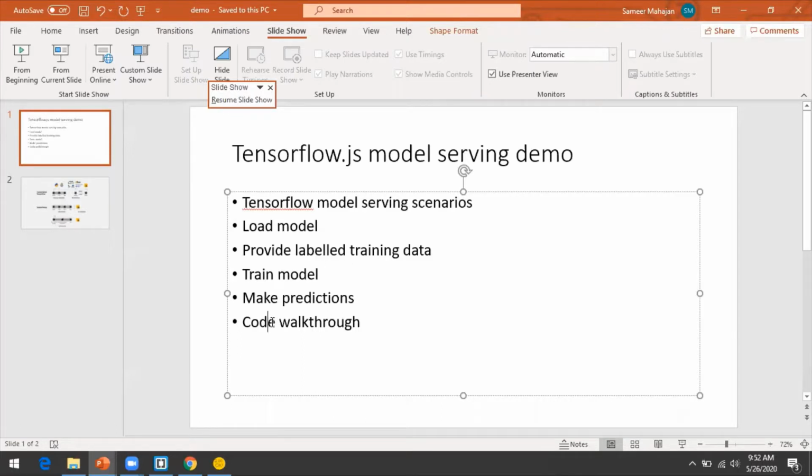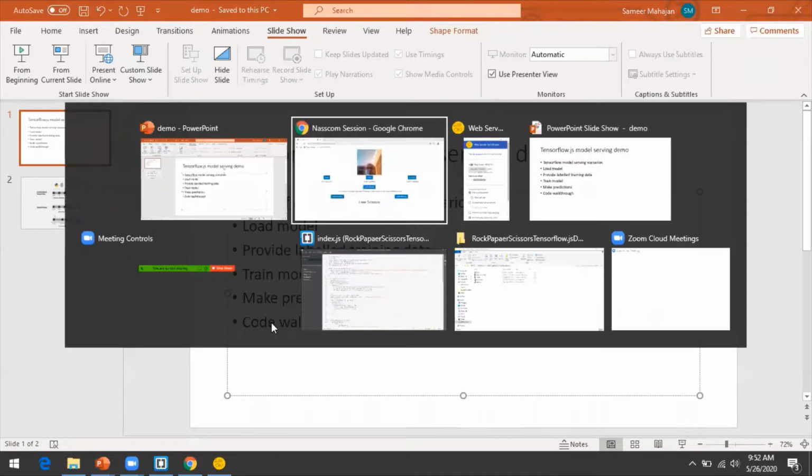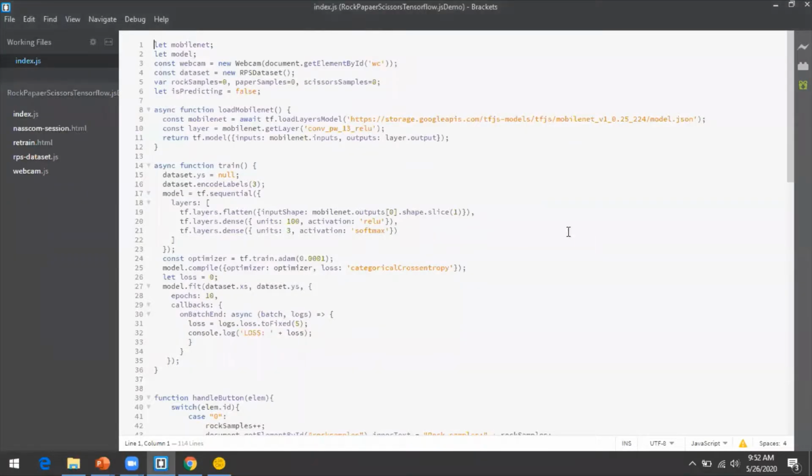Now we'll look at the code behind this. The code is also pretty simple. It is mostly in this JavaScript file. So it is loading a pre-trained model. As you can see, it is one of the MobileNet's pre-trained model. We are going to open it up at a convolutional layer.